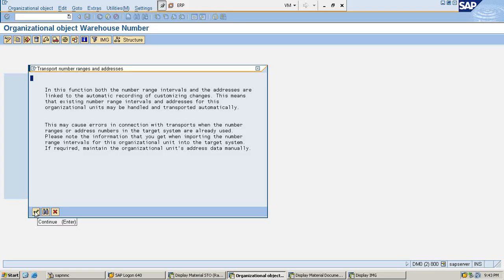See, the point here is, you have a landscape with a development client, a quality client and a production client, okay? There are some configuration objects which can automatically be transported from development to production or quality or anywhere, any target client. So there is some data which is actually master data. For example, here the number ranges. Okay, this is critical. This is the specific example I can take. So normally,